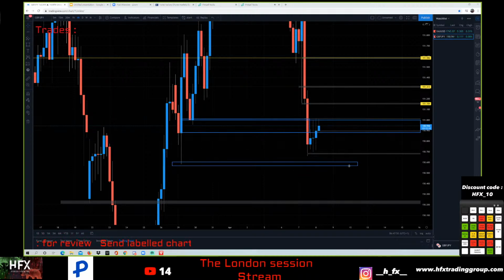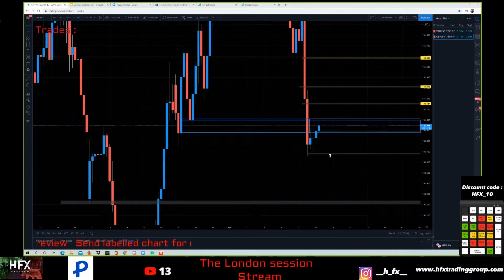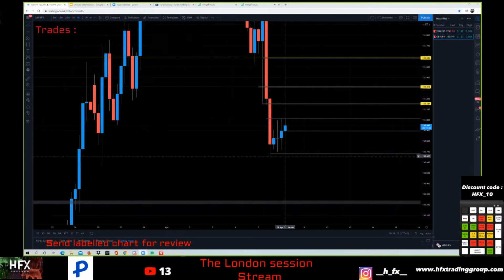Then we could start coming down, filling this support level, this wick fill, then we start pushing down to fill these wicks that we also have around 15700. And then once we start breaking below there, we can clearly see where the next level of support is going to be, this next zone over here around 15200. So we know that, but we're going to have to wait and see,